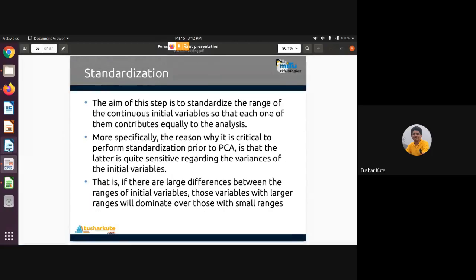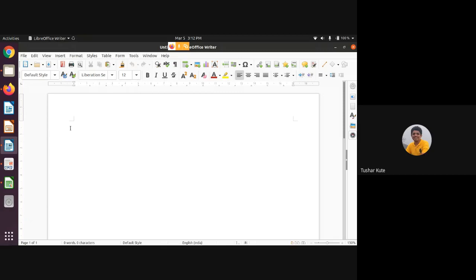I'll just show you one data set here and then we'll talk about it. This concept is very common in data science.